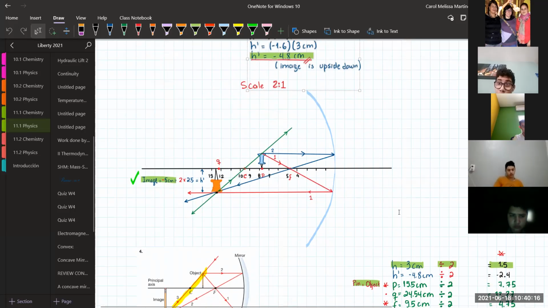And then when you make the drawing, you will see the first ray always passes through the focal point and then returns horizontally. The second ray goes horizontally and then comes back through the focal point, and the third ray passes only through the radius